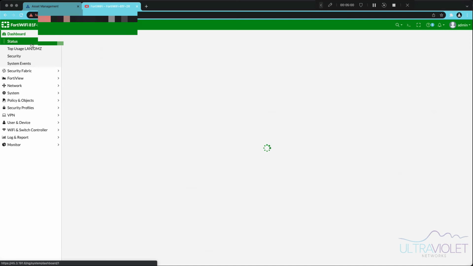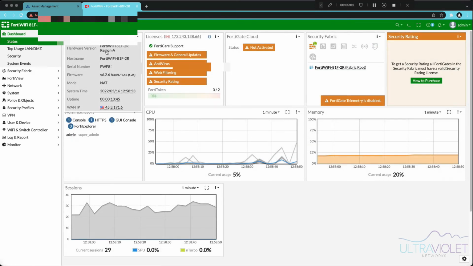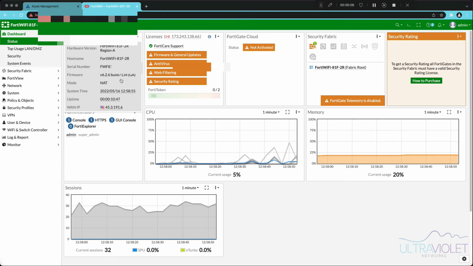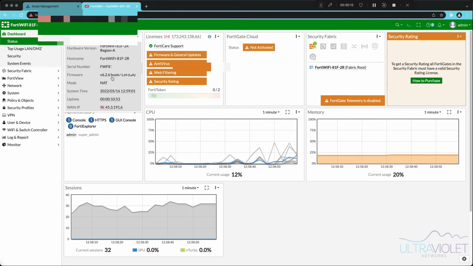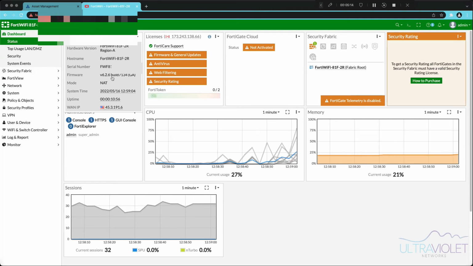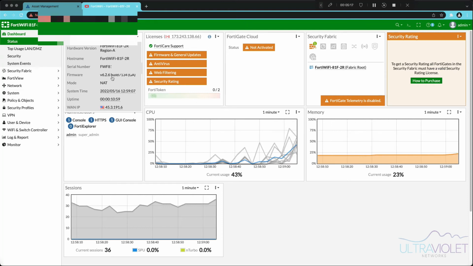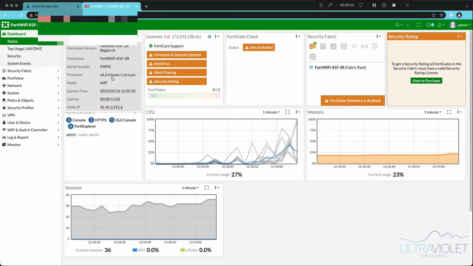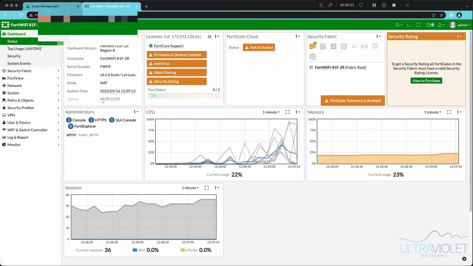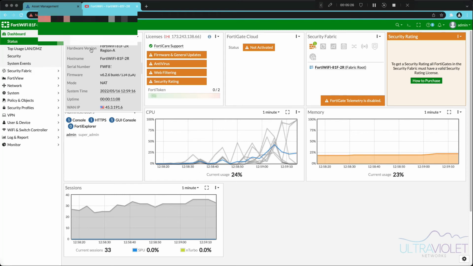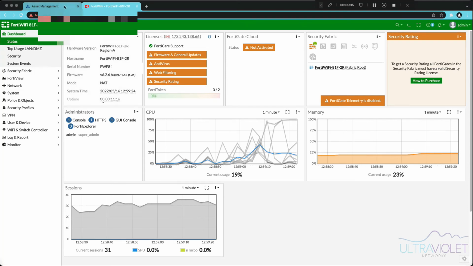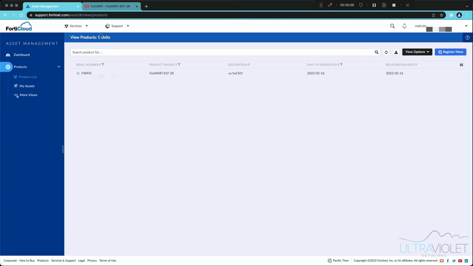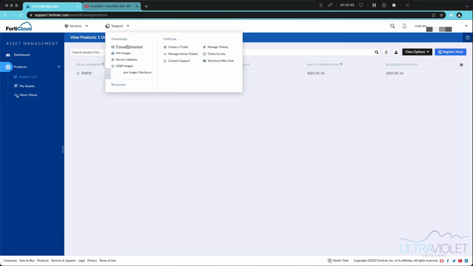Now, one thing I want to point out as I bounce back to the status page is that we're running a relatively old version of code here. 6.2, I believe, is end of engineering support as of this recording, with 7.2 being out. 7.0 and 6.4 are the supported long-term or supported stable releases. I know some of you may disagree and say, you know, 7.0 is still new, but just roll with me here. So the next thing you're going to want to do is go under support, firmware download,